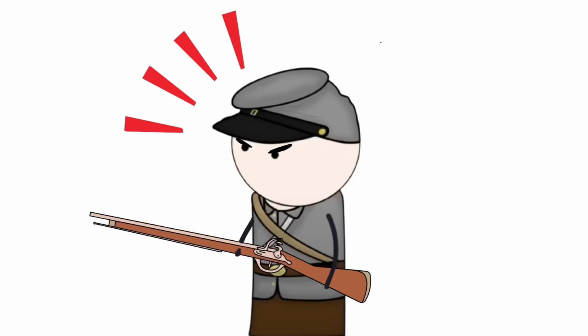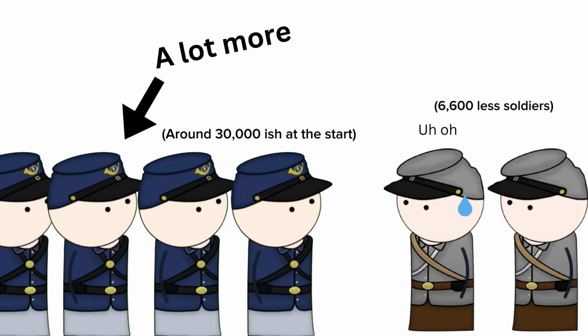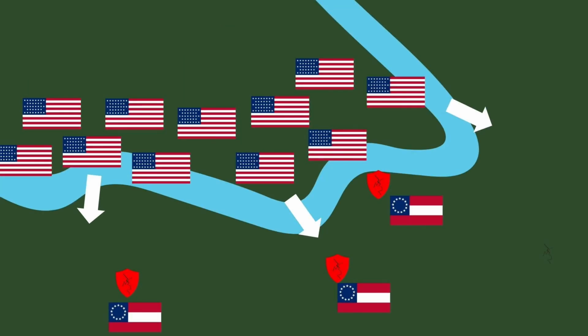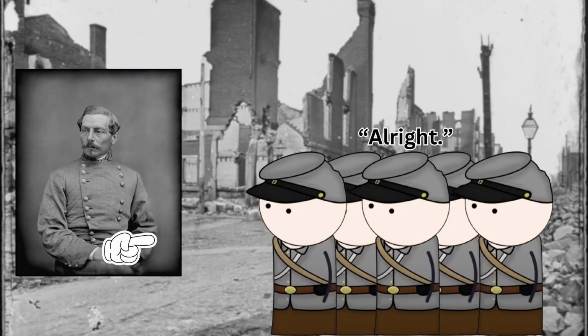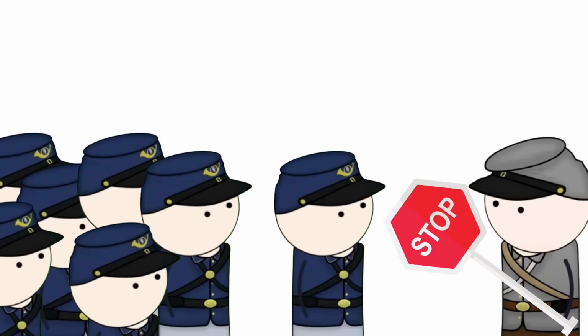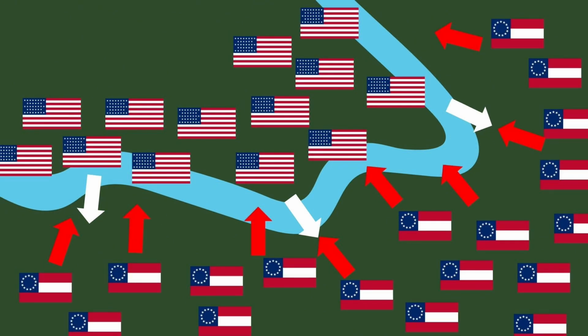The South, however, was not going to go down that easily. They were at a severe disadvantage, having 6,600 fewer soldiers than the Union, so because of this they were losing significantly. Because of this, General Pierre G.T. Beauregard sent reinforcements to counterattack the Union infiltration to avoid further advancements of their soldiers into the southern mainland. The reinforcements arrived shortly later that afternoon and would try to push back the invading Union soldiers.